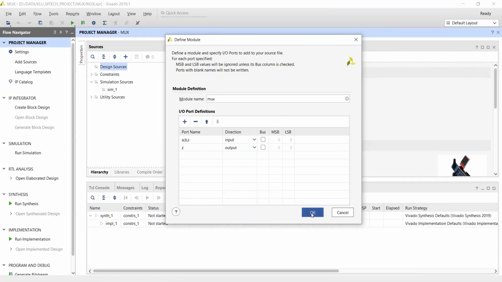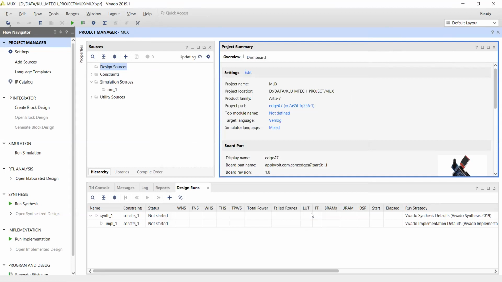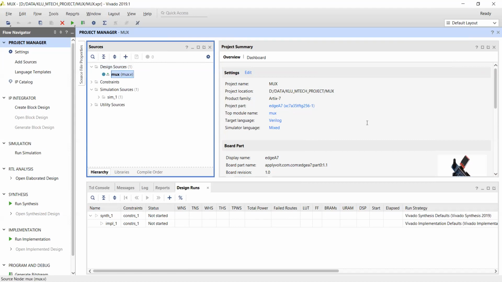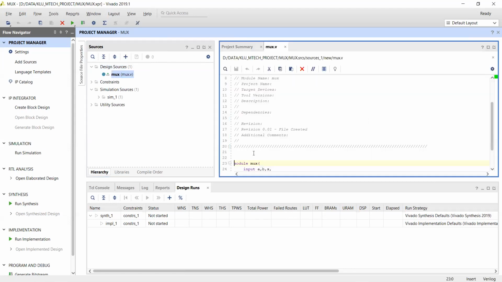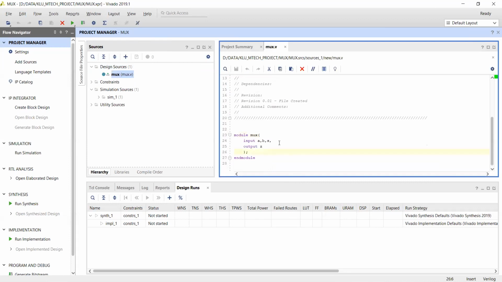Now double click on your design source. See, in the design source, one file is added. That file name is mux.v, and the module name is mux. You can see the syntax also here.